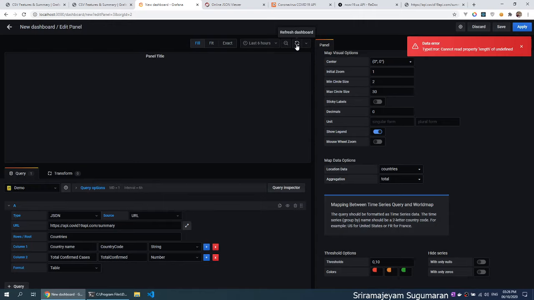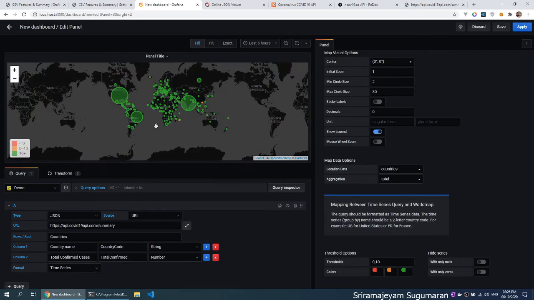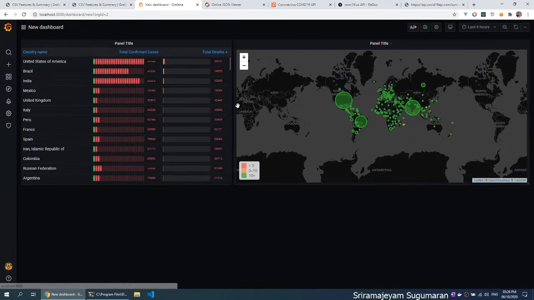Okay, this is not coming because it doesn't like the table format, so let's just convert into time series. Okay, now you got the data. So all the same data, total confirmed cases, now visualized in a graph panel, right?